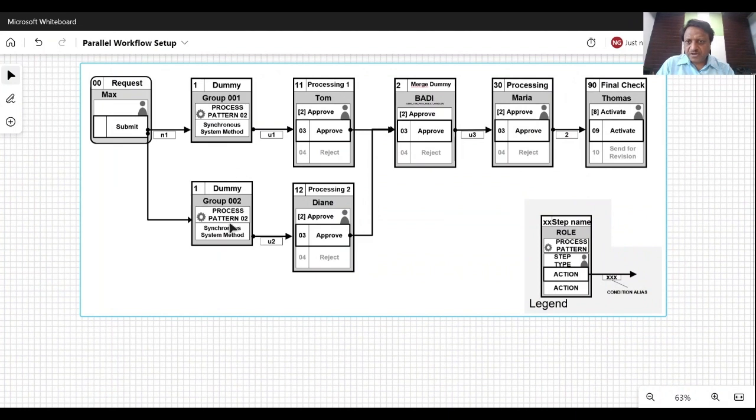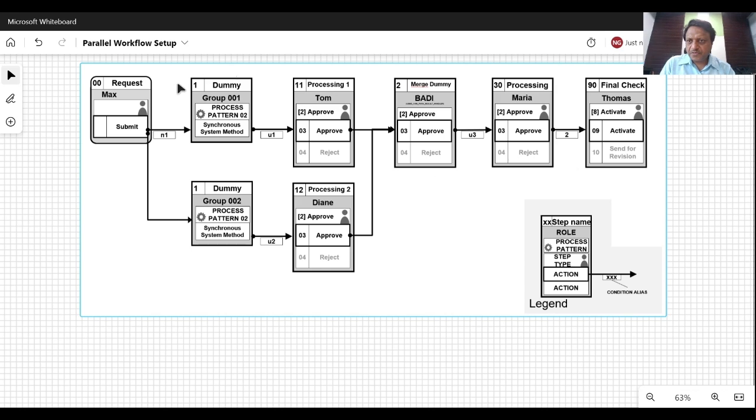So here we saw that certain dummy steps, they need to be created, and also a step for the merge point. So there are 3 dummy steps, 2 for parallel branches and 1 for the merge point. So let's modify so that these things get reflected in our